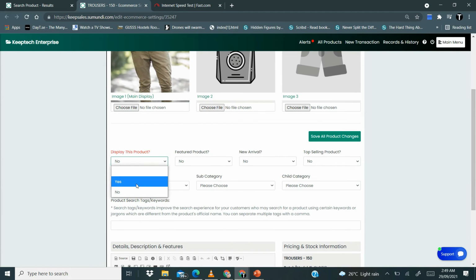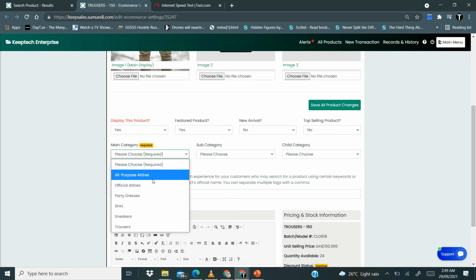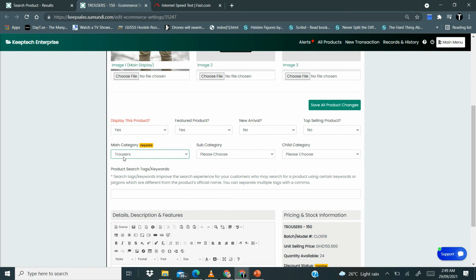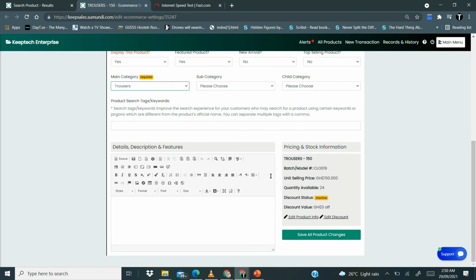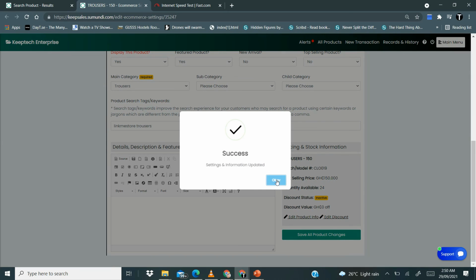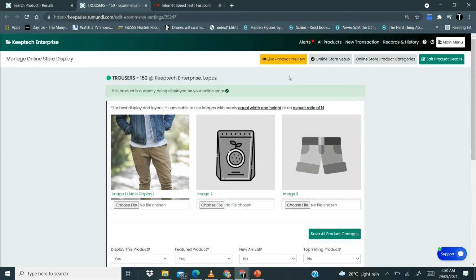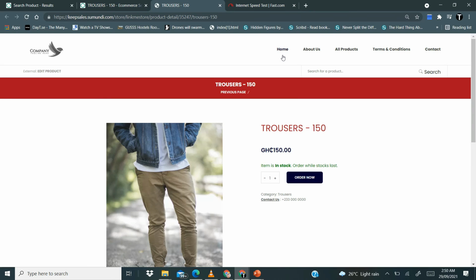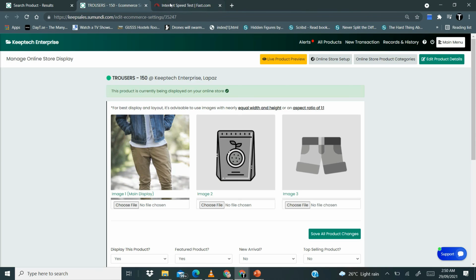Then I tell Keepsales to display the product. It's a featured product, it's not a new arrival, and then I put it under a category. At least the main category, a product has to be under a certain category. I can also put Link Me Store trousers. You can put in whichever details that you want. Once you are done, you click on save all products changes. This is also through. Then you can click on live products preview to also have a look at how it appears. So this is all for how to display